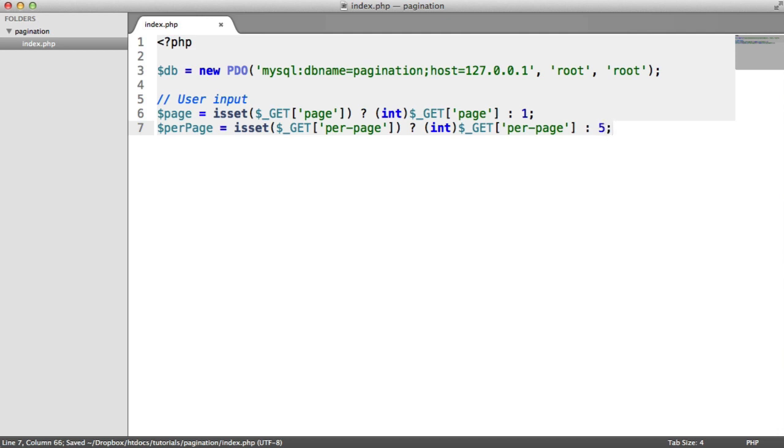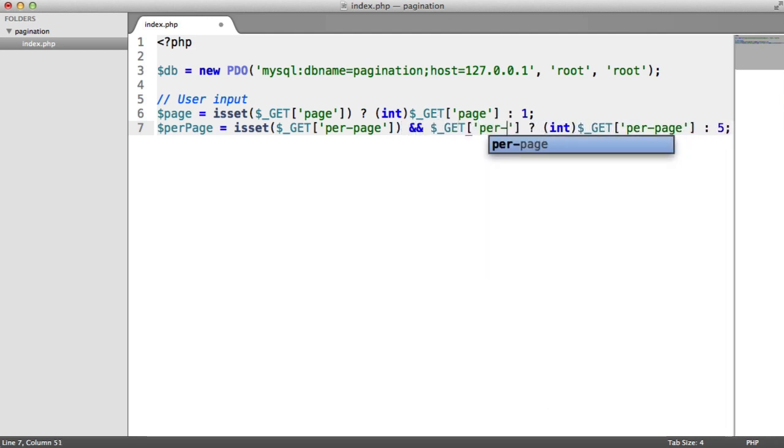Now, what we also want to do is include a limit to this. We don't want this to go over a certain amount. If you leave this as it is, a user could technically just change that in the URL and say, well, I want 1,000 per page. That's going to bring back 1,000 results on the page, and that might not be desirable. So what we're going to do is say here, $_GET per page is less than or equal to 50, and you can play around with this value depending on what you want